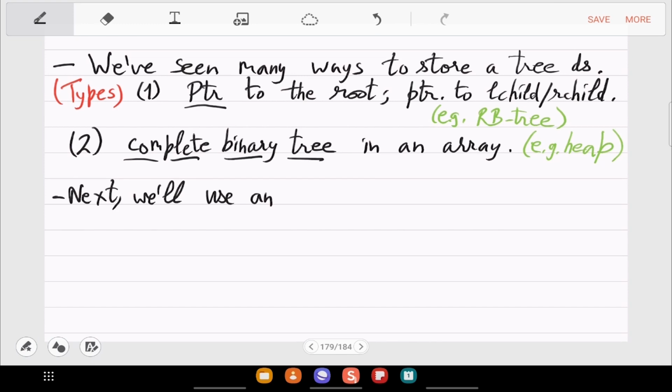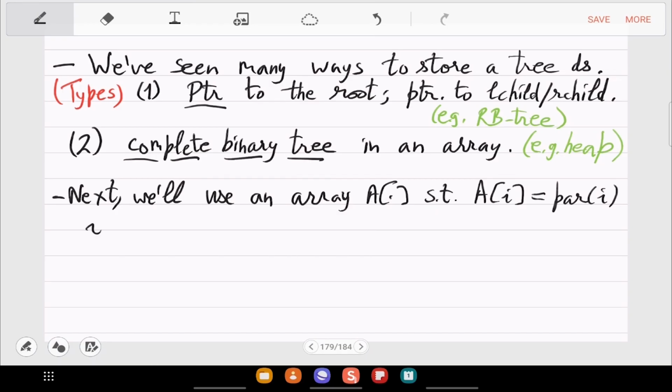Okay, so where the parent of the ith location lives. So we'll use an array A such that A of i will store the parent of i.